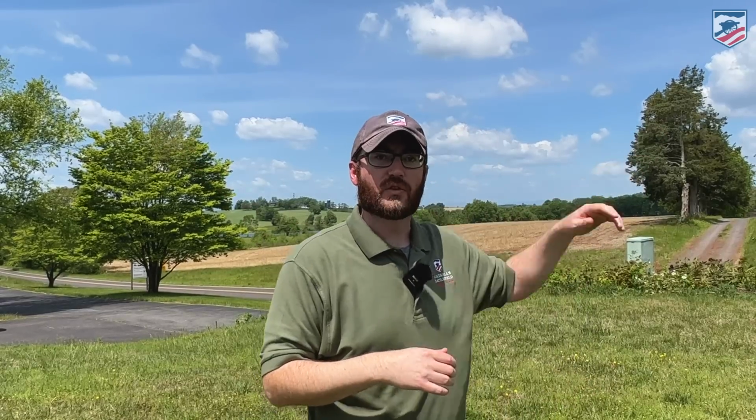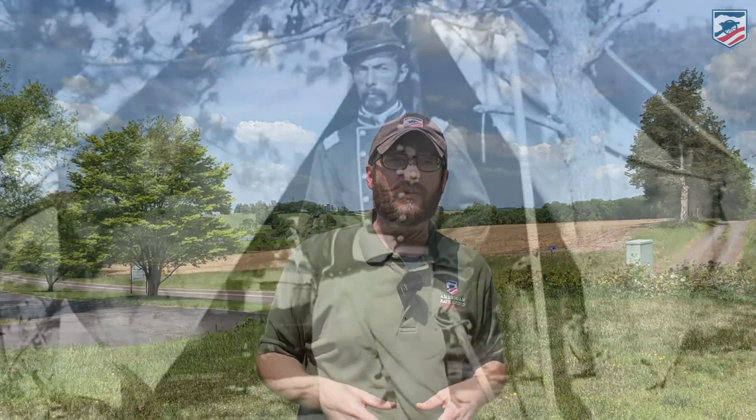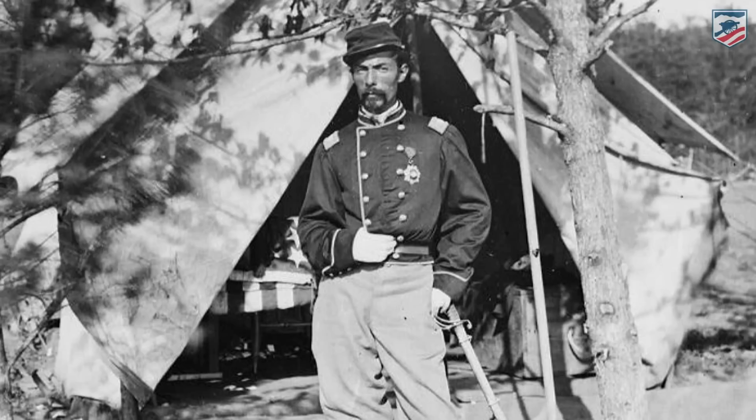Now, as the day has worn on, Alfred Pleasonton himself has come across the river, set up his headquarters. He's been fighting all day. It's been a long, drawn-out fight, and eventually he's going to send orders to both Gregg and Buford to withdraw back across the Rappahannock. But we didn't talk about Alfred Duffié's division, the division I mentioned just a few minutes